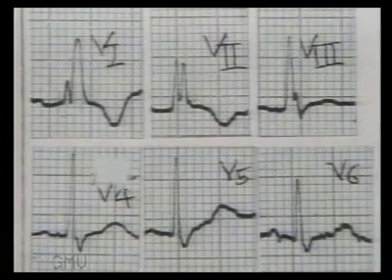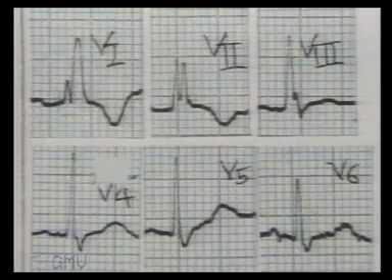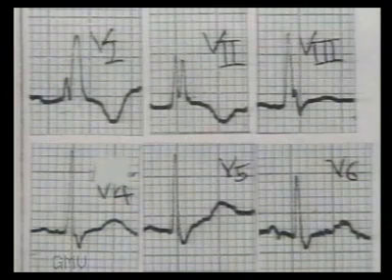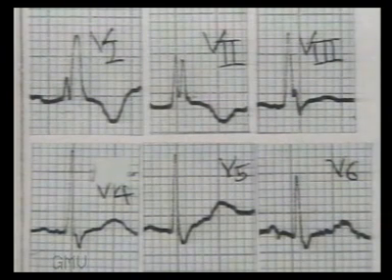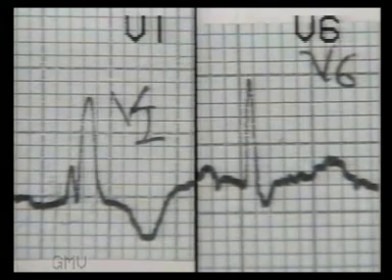This is another ECG of right bundle branch block. Note the RSR dash pattern in V1, typical rabbit ears in V2, and shallow but wide S wave in V5 and V6, that is right bundle branch block. Note in close-up view RSR dash in V1 and wide S wave in V6.